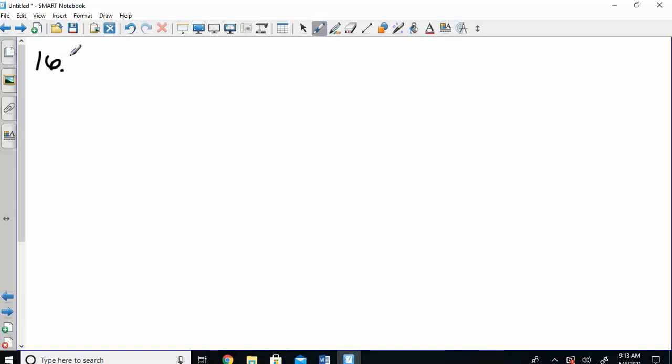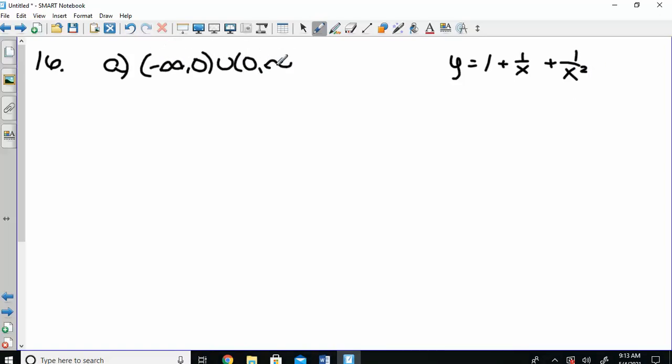Okay, 16. So looking at this, your domain, what can x not be? 0. So x can't be 0, so your domain is everything but 0. Part B, x and y intercepts. So an x-intercept is when y equals 0. So if you plug in a 0 for all this, or for your y,